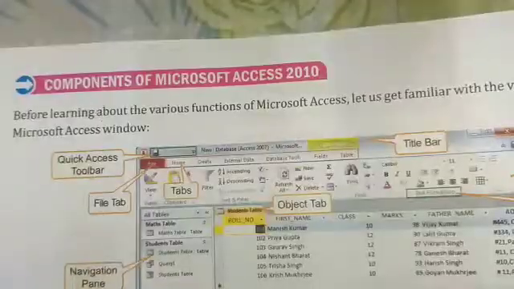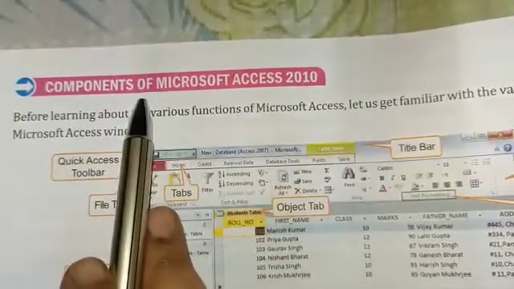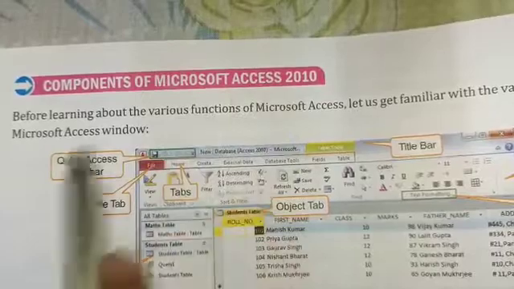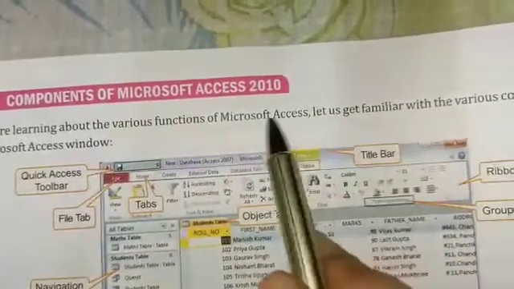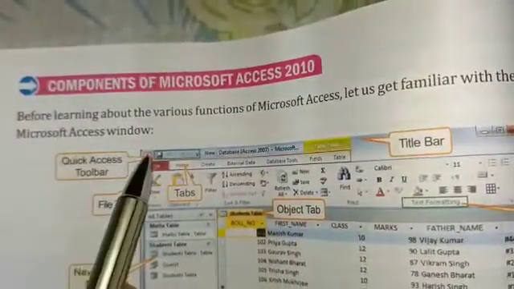Let us open page number 30. Components of Microsoft Access 2010. Before learning about the various functions of Microsoft Access, let us get familiar with the various components of the Microsoft Access window.